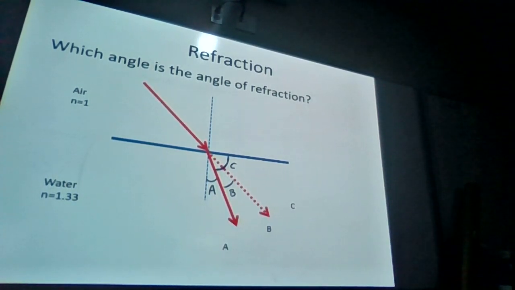I'm just going to tell you, this is a factoid. This is based upon one of the things I said early on in this unit. When you're measuring angles for this chapter for light, we are always measuring the angle from the normal line. Always from the normal line. Okay, correct answer is A. There we are with that. I've seen all of these B and C. Don't be that person. Measured always from the normal line.